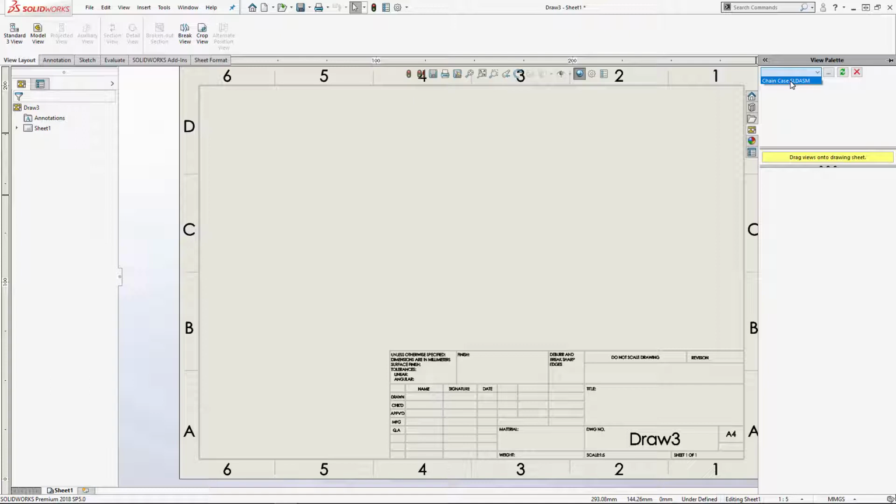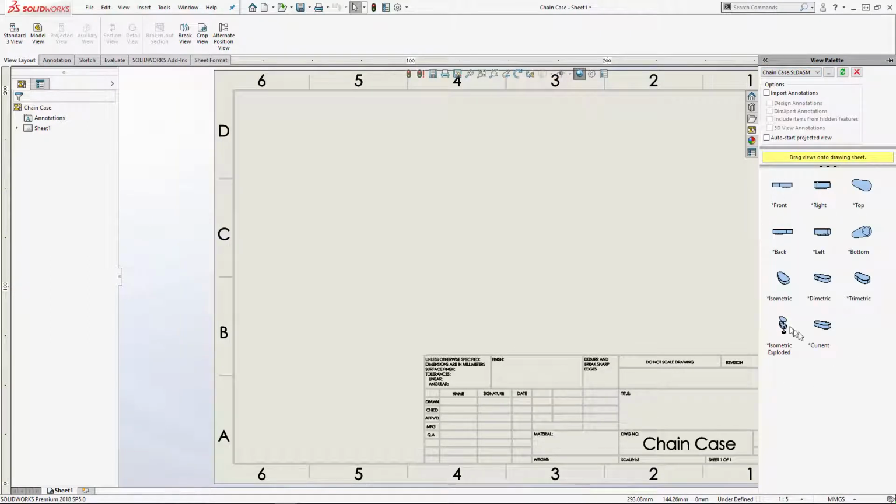Now we already have this chain case assembly open in the background. If we didn't have any assemblies or parts open, we could browse the hard disk by clicking on that button there, and then we could bring an assembly or a part file into memory and start placing views of that. But obviously we have something open in the background that we want to create a view of, so we can just click on that. If you give it a second to load up, you will get all the standard views